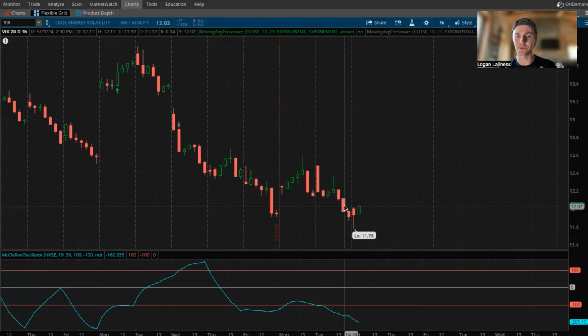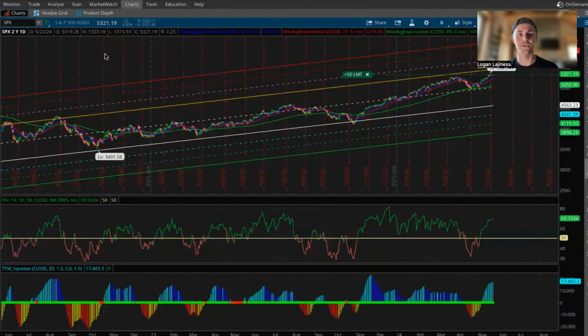So in between that 3-to-1 to 2-to-1 risk, you have the option of, well, I got a lot of credit. If I collected $3, I can close this out at 2 and collect $1. Or hey, I collected $3, so if this goes to 4 or 5, I can close it for a $1 or $2 loss. So you have to think about that and make that your main psychology when you're entering these